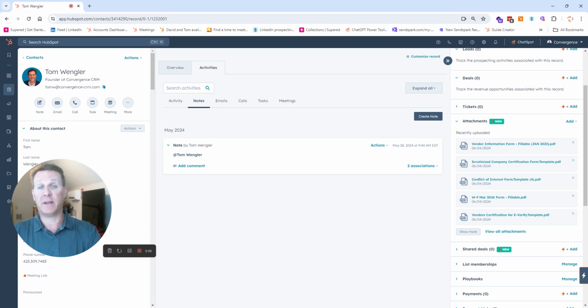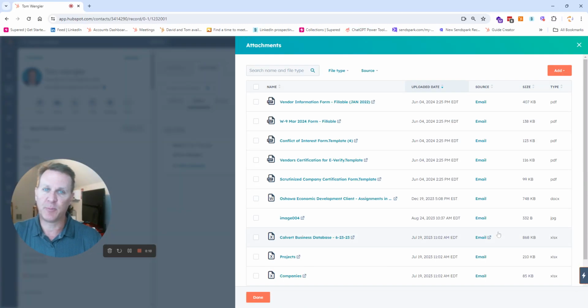So HubSpot just made this better, and it's live in your account right now. On this record, you can see there are a whole lot of files that have been attached. If we click View All Attachments, it's going to be a lot easier to find what you're looking for,